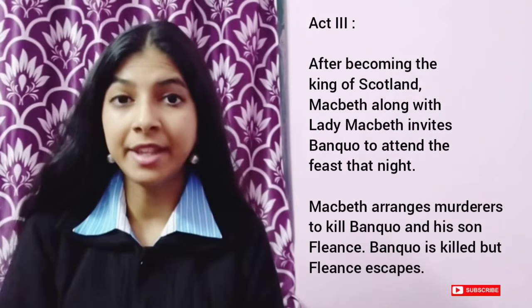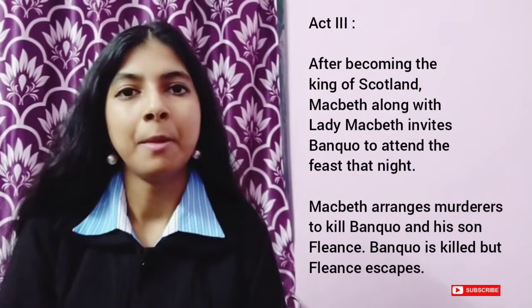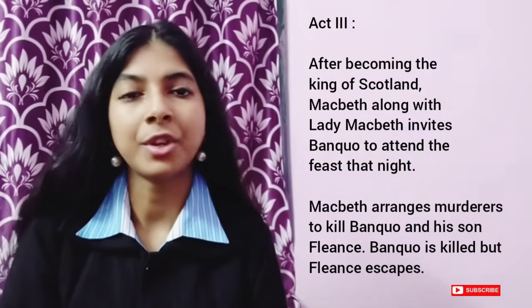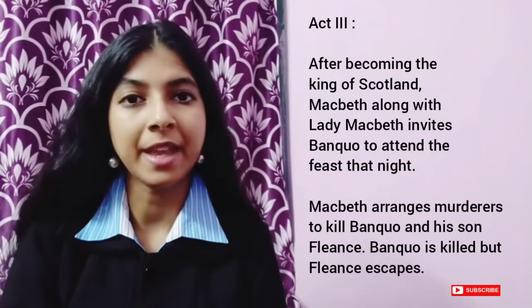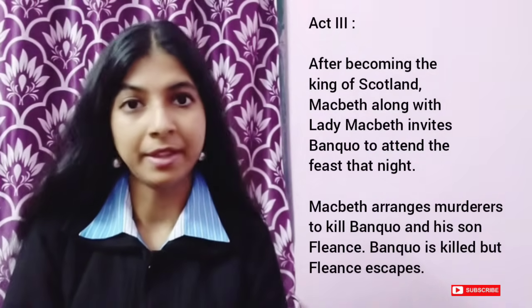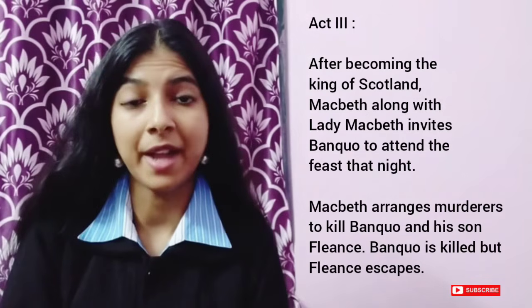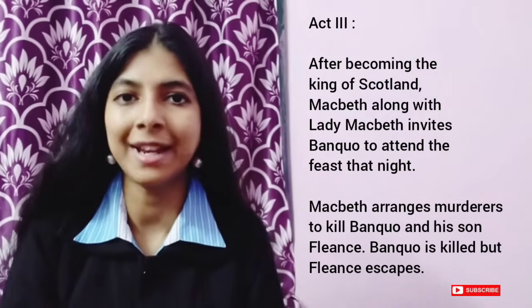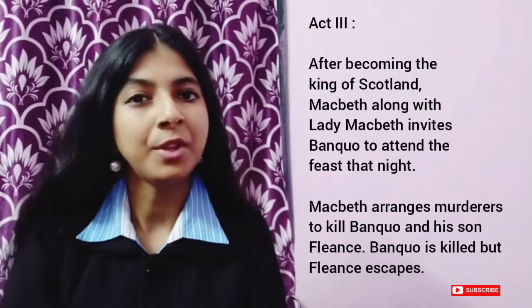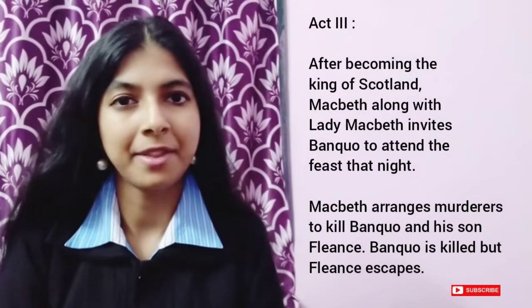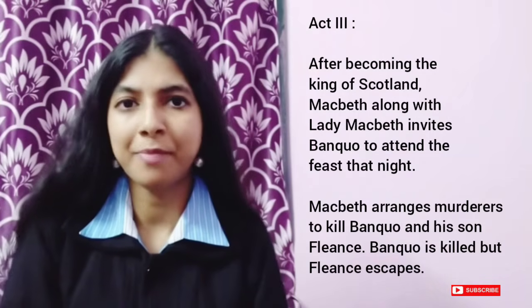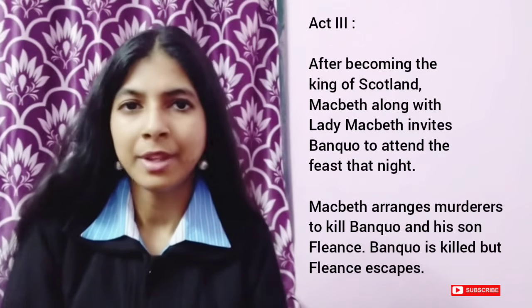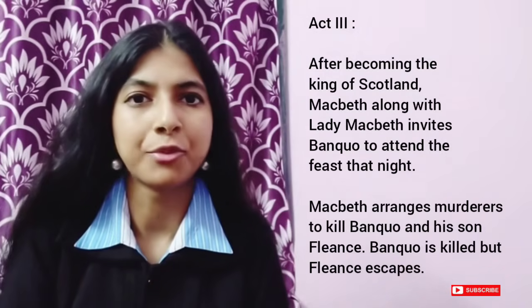Act III. When Macbeth becomes the new king of Scotland, Banquo thinks about the prophecies of the three witches. The witches said that Macbeth will become the king of Scotland, whereas Banquo's children and descendants will become the future kings of Scotland. So Banquo understands that if the first prediction can come true, the second can also come true.